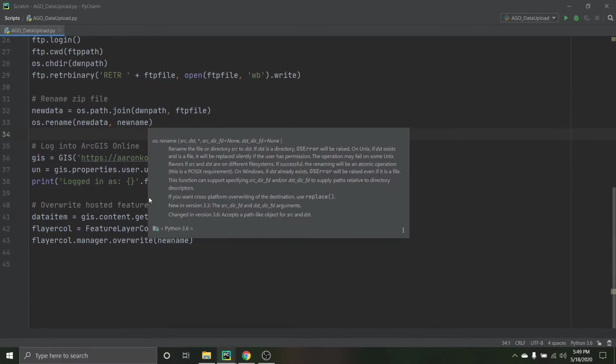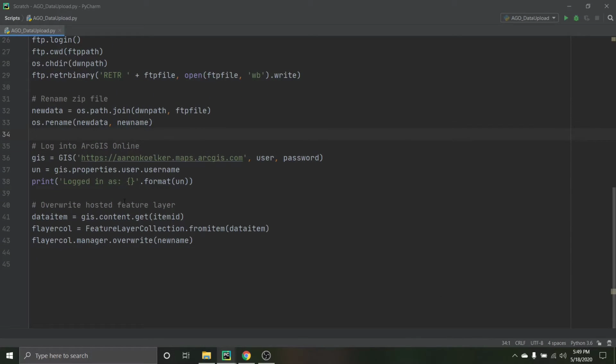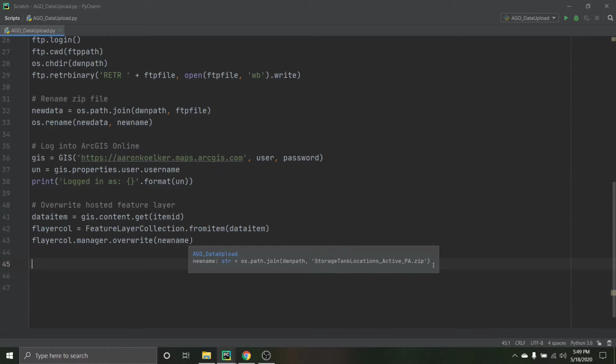That's a little more involved, and there are so many different cases or rabbit holes we could go down. I'm going to unfortunately have to skip that for this video, but you could use something like shutil that's built into Python